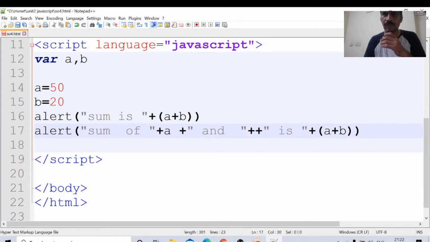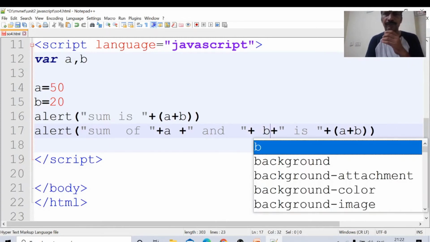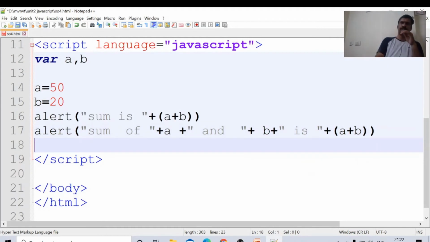Here B value will be printed. For string concatenation we will use the plus. In Python we use comma, not plus. In Python language, if you are studying, in place of plus I will use comma. Whereas in JavaScript we will use the plus symbol. Sum of A and B.